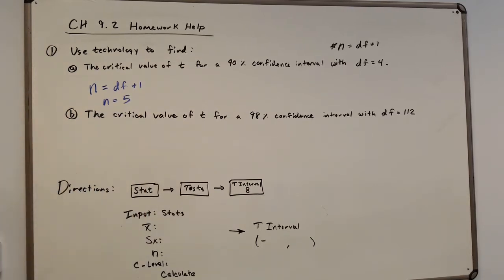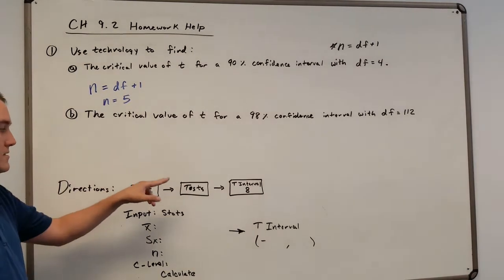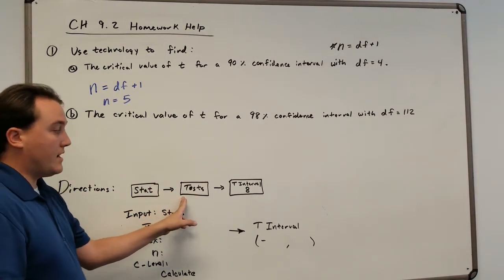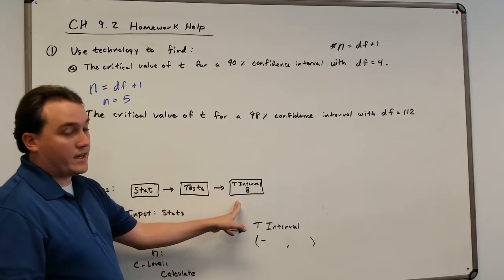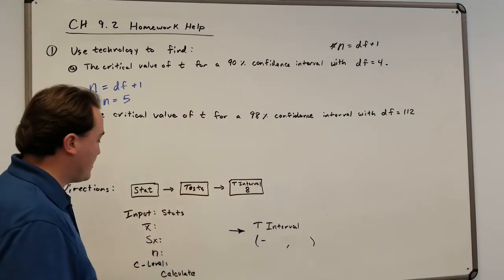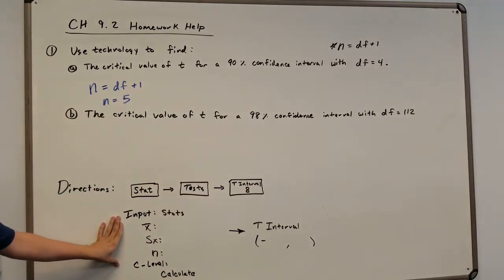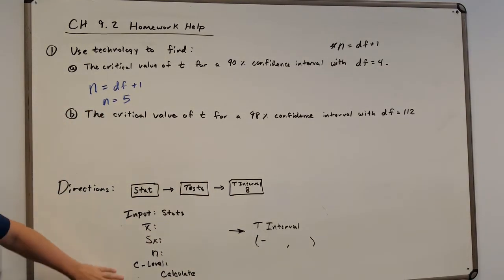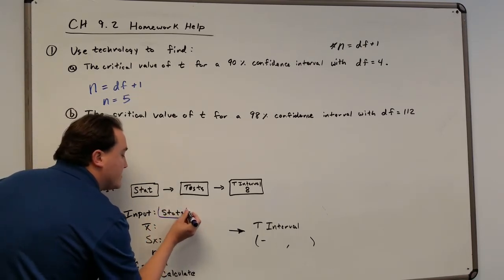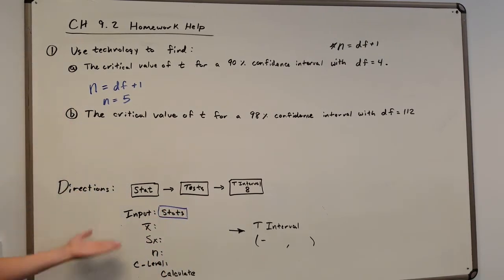Okay, then you go to your calculator, right? You type stat, then you scroll over to the right to test, and then you scroll either down to t interval or you press the number 8, which is easier, so just press 8 once you get there. It gives you this, all right? So you have to fill in all this information first. The input, you gotta make sure it's on stats, because if it's not, it doesn't even give you this list,